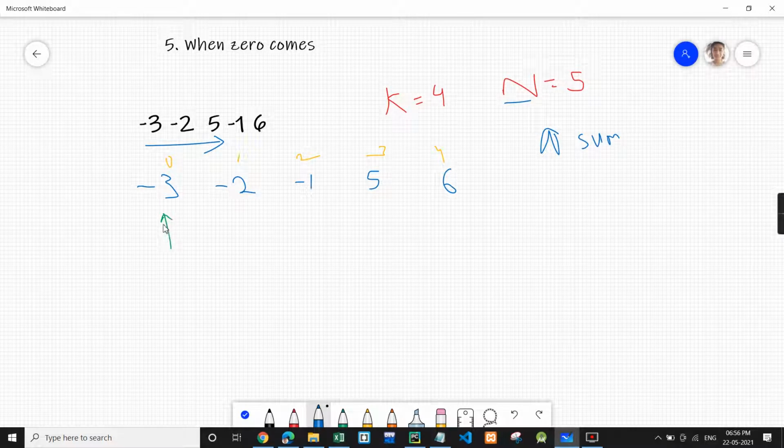We come over here and see that yes, this is negative. So we can make it positive, and we will decrease the value of k because we have made one modification, and then we'll proceed further. Again we check, this is negative, we make it positive, and we reduce the value of k because we have made one modification again. Again we go forward and check, yes, this is negative, we can change it to positive. Since we made one modification, we decrease the value of k, and then again we move forward.